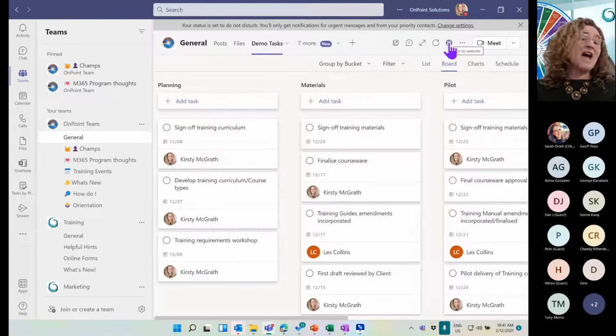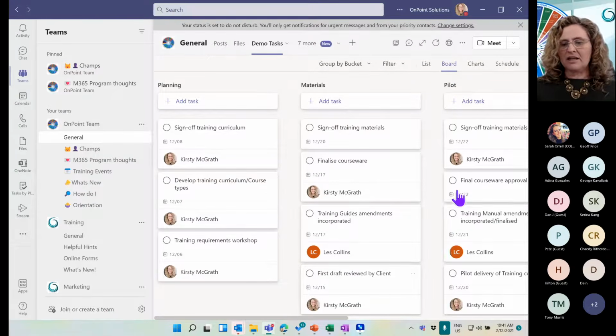So if I didn't have access to Teams, or maybe I didn't have it with my mobile phone and I'm on someone else's PC, I can log in to the internet, log into my account and go and see all my tasks, no matter where I am. It's the beauty of being in the cloud. So this is based on a board list. These are those Kanban boards. What have I got to do?